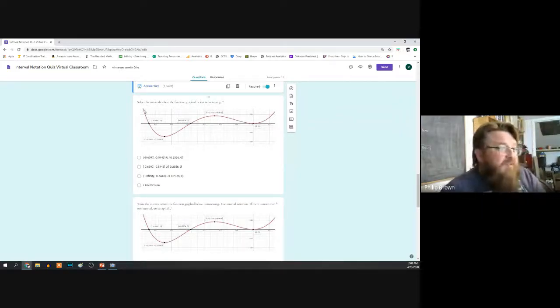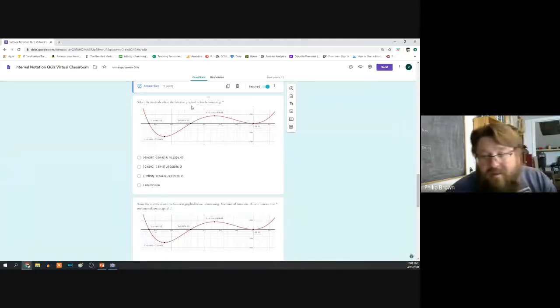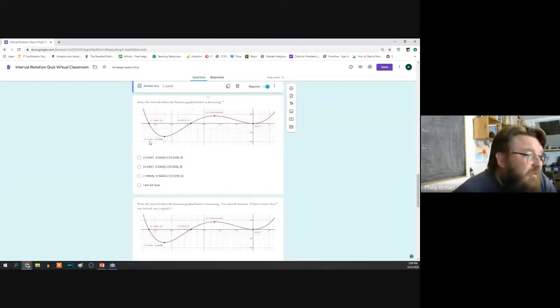So it's not all of them, I don't think. It might be. But it probably is on this one because there's two, right? We have one here and then from here to here. And so when we're talking about the intervals, we're talking about the x values. So this looks like it's 0. Oh, so it's going to be -infinity to,